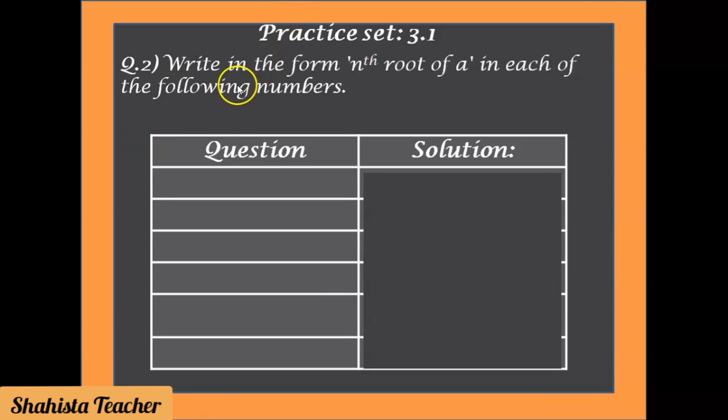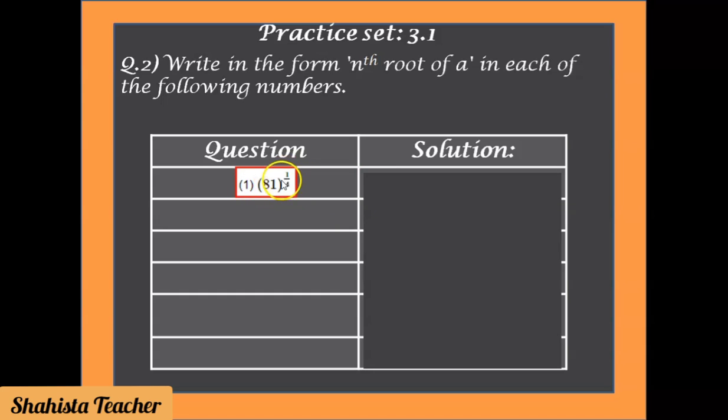Now students, let's solve question number 2 of practice set 3.1. Here again question number 2 carries 6 sub questions. We have to write all these in words form. The question is: write in the form of nth root of a each of the following numbers. Numbers are given, and we have to write all of them in words form. Now the first question is